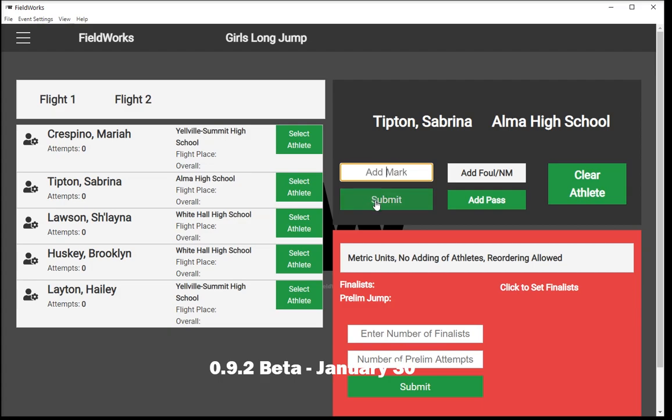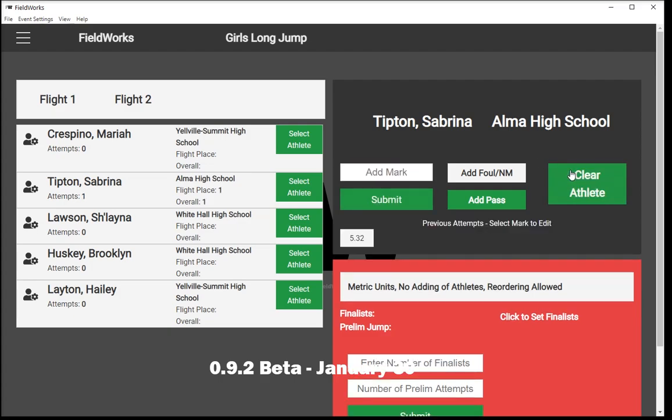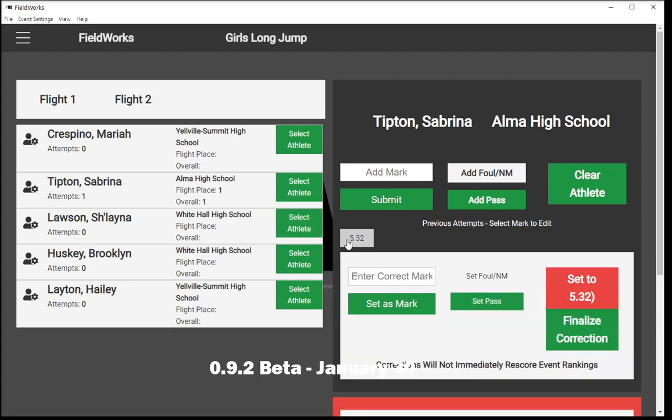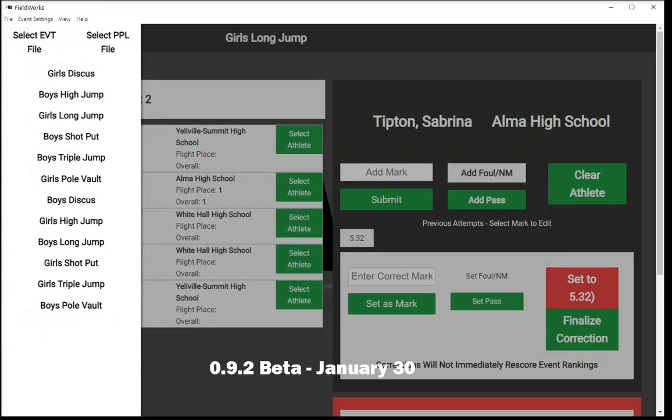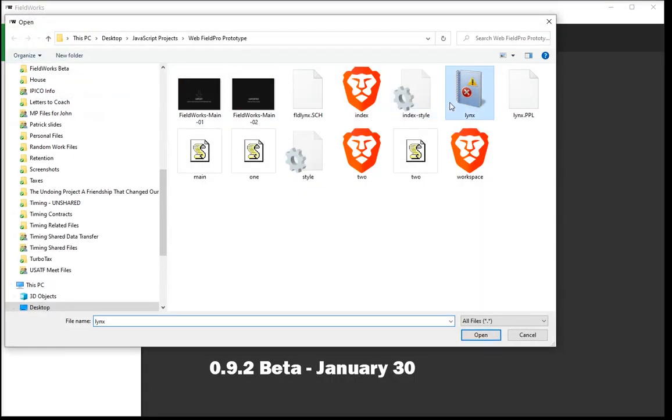And add an unrealistic number. And there we go, she scored. And you can see that her mark is down here. We can come down here and correct it. And we can very easily come in and get different events from a link CVT file